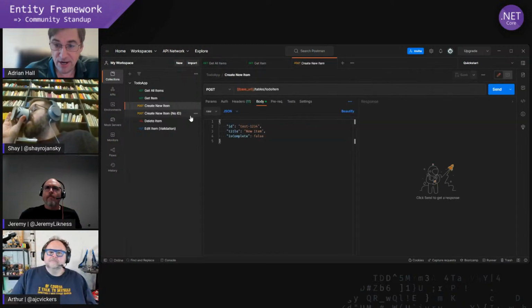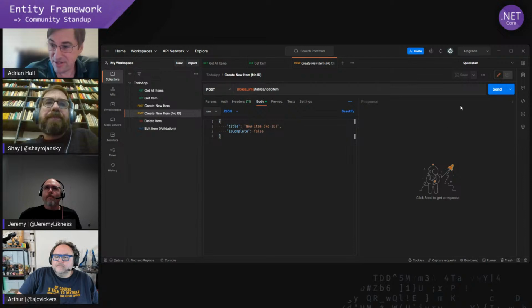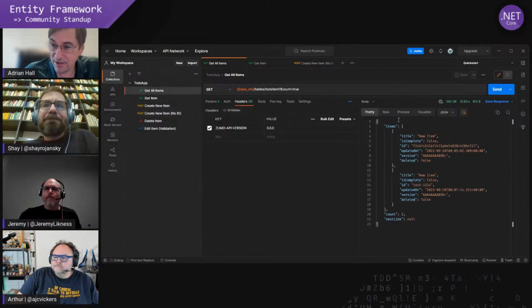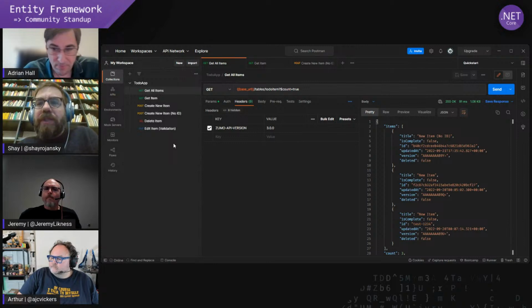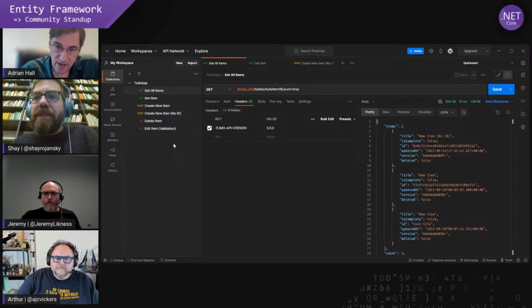Create new items. You can either specify an ID or you can not specify an ID. So I'll just send this one. And you notice that it generates an ID for you and also generates the updated at, version, and so on. So when I go back to get all items, I now have 3 items there. Right. And the updated at, version, and deleted, these are those fields you were talking about before, which you inherit when you extend your base class, right? Like we saw before. Correct. And delete and edit are the same.